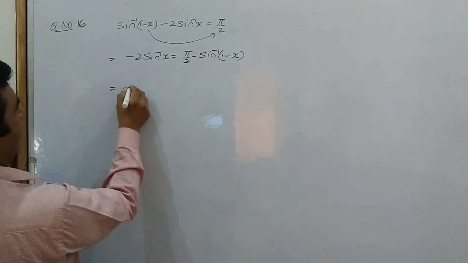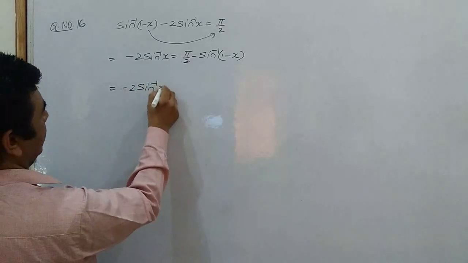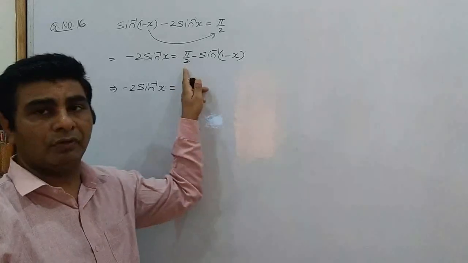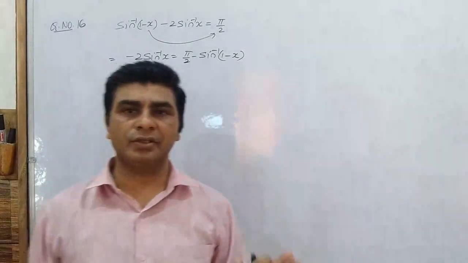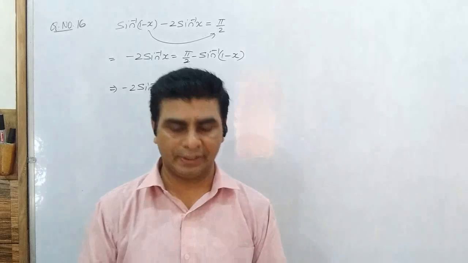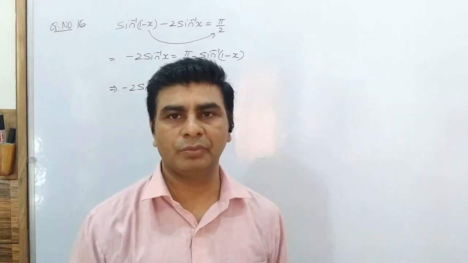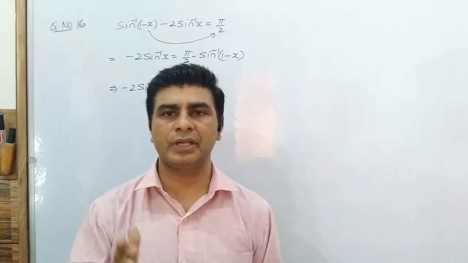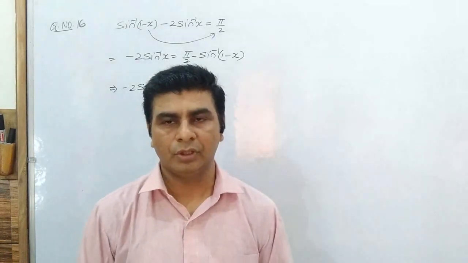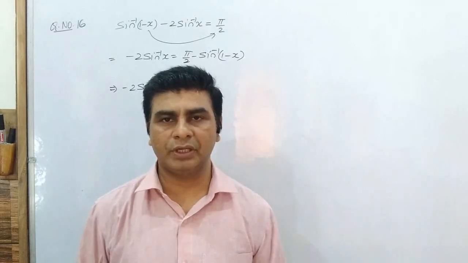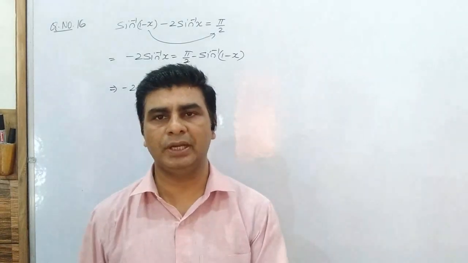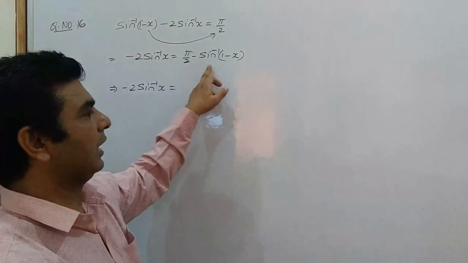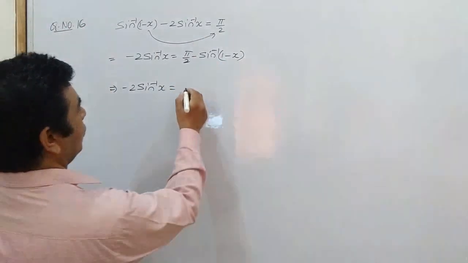Further it can be written as minus 2 sin inverse x is equal to, we know very well pi by 2 minus sin inverse x is equal to cos inverse x. ये बात हम 2-3 क्वेश्चन में ऑलरेडी कर भी चुके हैं, बिकॉज वी नो दैट sin इनवर्स x प्लस cos इनवर्स x इज ऑलवेज इक्वल टू पाई बाई 2. तो अगर आप cos इनवर्स x की वैल्यू निकालेंगे तो दैट विल बी गिवन बाय पाई बाई 2 माइनस sin इनवर्स x.